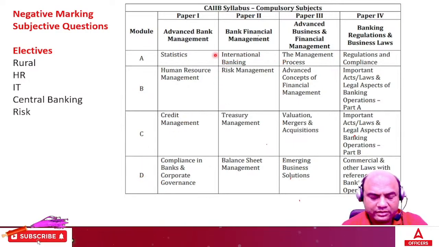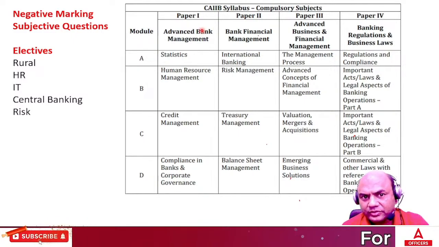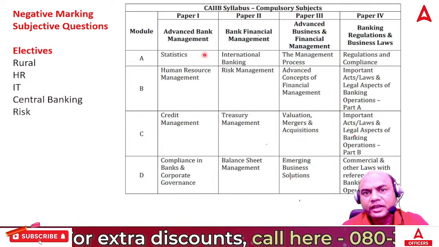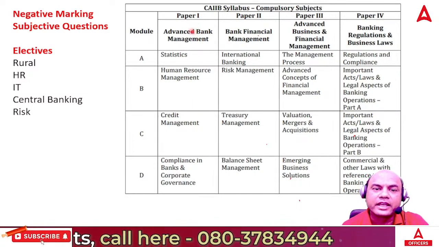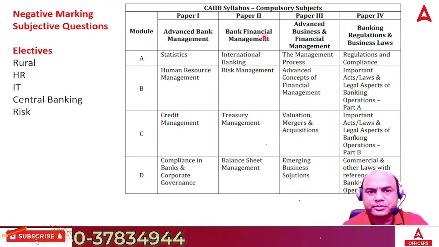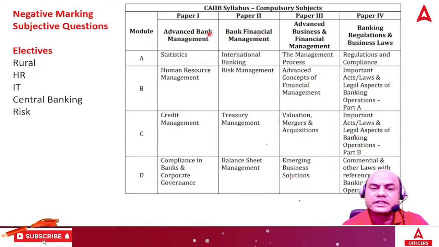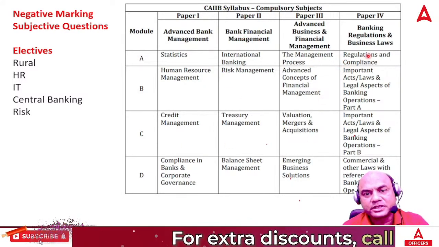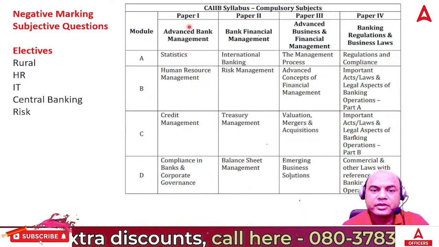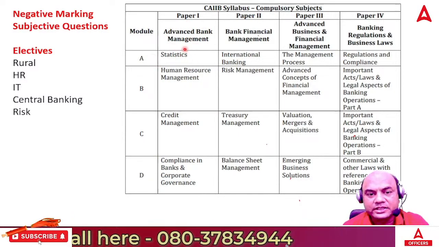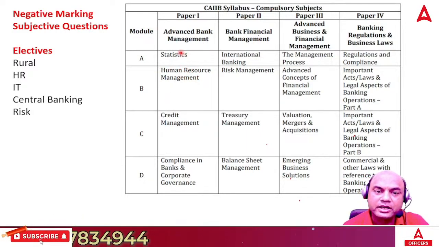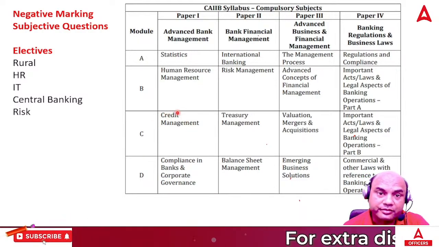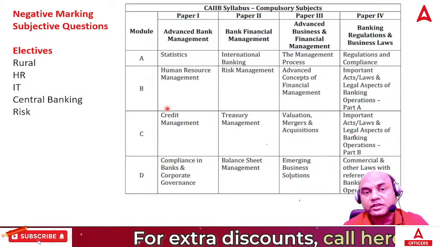You can see this. Out of this, I'll first clarify which are the toughest modules in each one. And here, I personally take ABM and BFM. I do take these 2 subjects, so I definitely know them in detail. I have taught these earlier, so I know these topics. Now, in ABM, the toughest topic is statistics. HR is a theory part, but this is totally numerical. Credit management, again numerical. This is the complete loan section of yours.